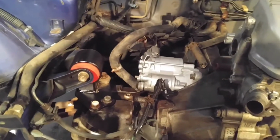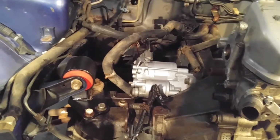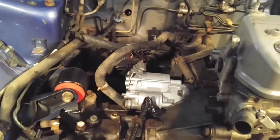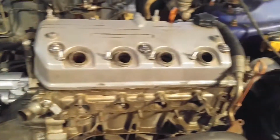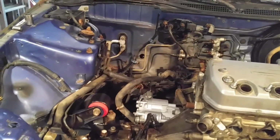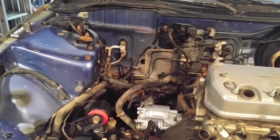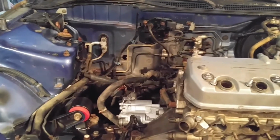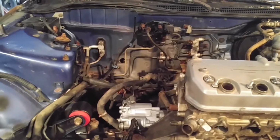Unless you're doing like a B-series swap for an Integra, I'm pretty sure you have to buy the one for the Integra. But this is for the single cam Civic. Automatic to 5-speed, that's the same from 92 to 95 Civics, delsols, hatchbacks, etc. They're all the same. And then the next thing you need is the